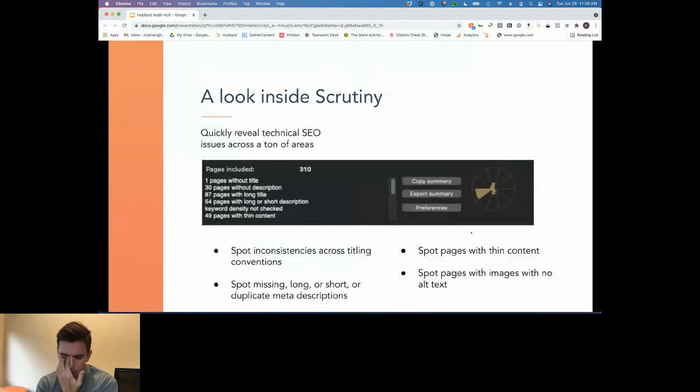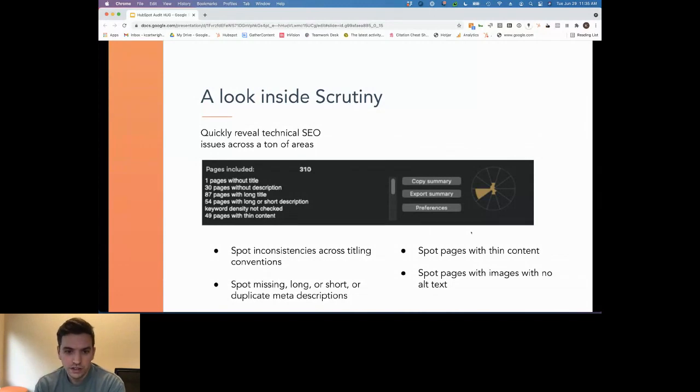Sometimes there's weird things with redirects that can happen if you have current pages that are linked to old pages. That's something that comes up from time to time, but there's some other kind of unique cases with redirects that will be surfaced from a tool like this that, if it's bad enough, might be impacting you in search engines. So another thing that is great about these tools, Scrutiny specifically, is giving you a technical SEO